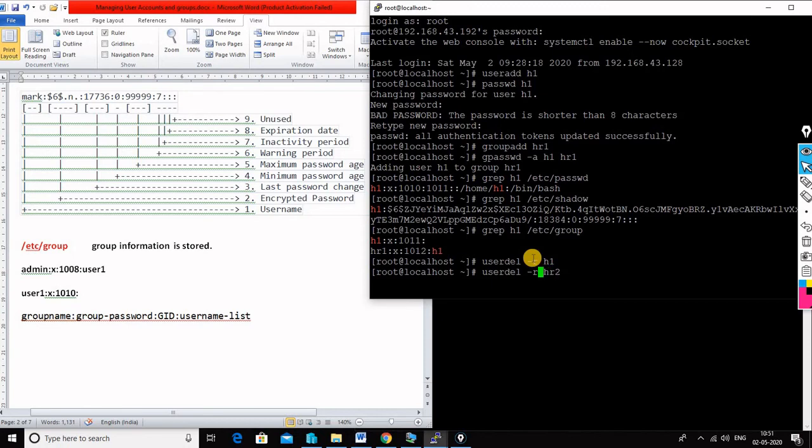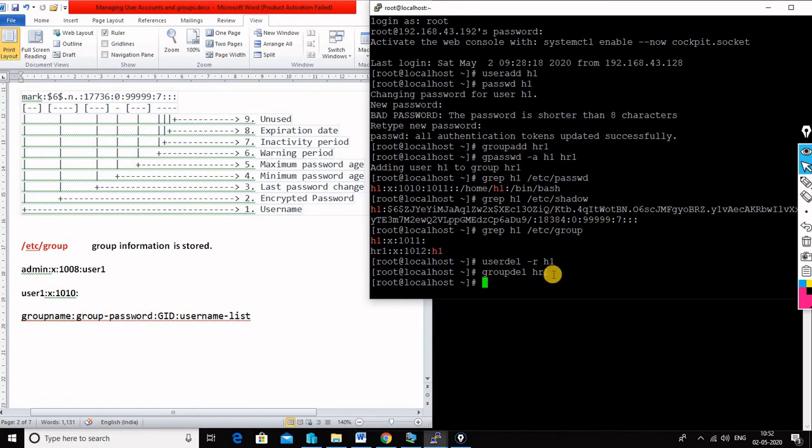In that case -r is not required, so I will use the groupdel command, groupdel hr1. Now the user is deleted, and the group is also deleted. userdel -r is used to delete the user along with the home directory.